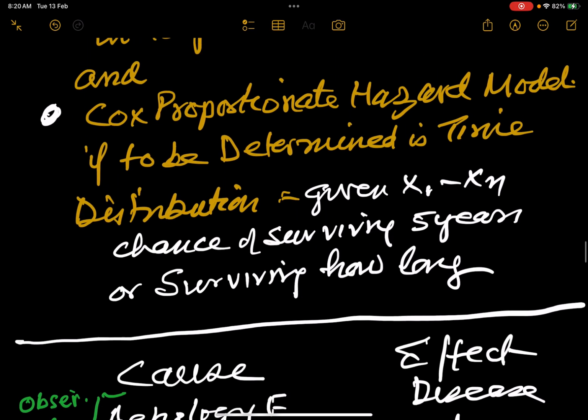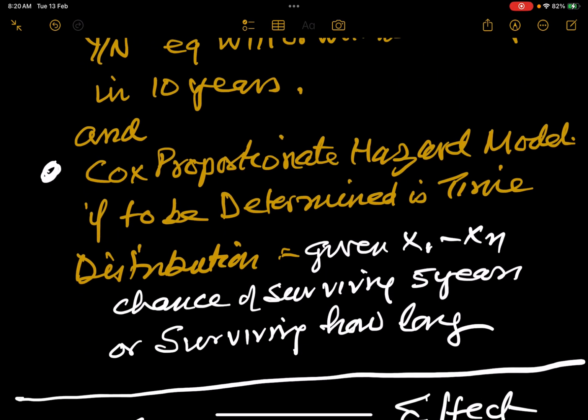The third is, when will the event occur? Given that I have cancer, when will I die? Or what is the chance that I survive 5 years? So 5-year survival or median survival. In that you use the Cox proportional hazard